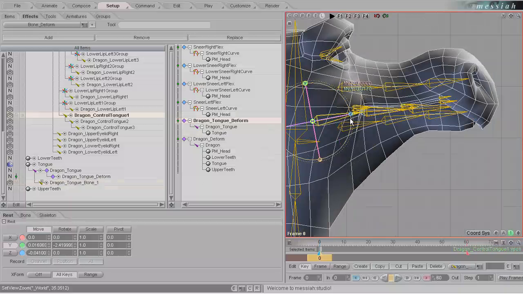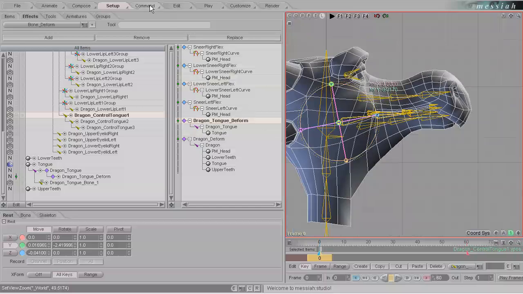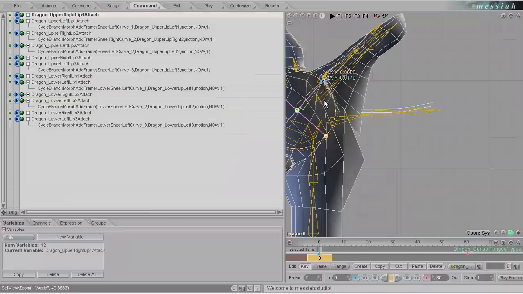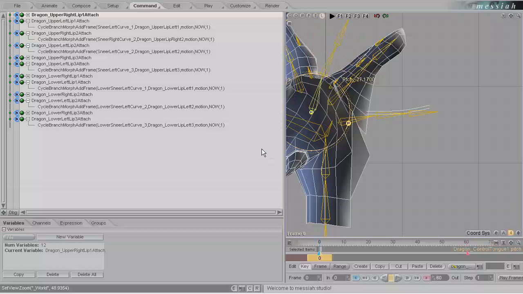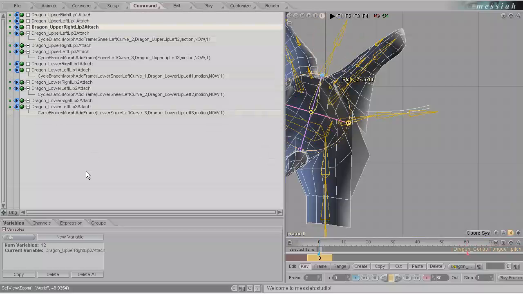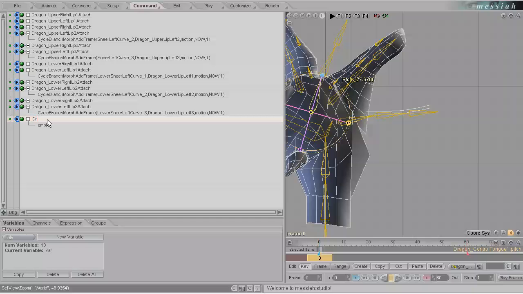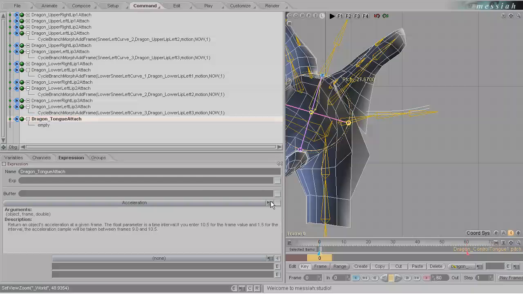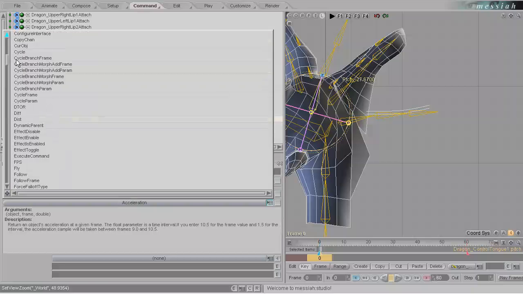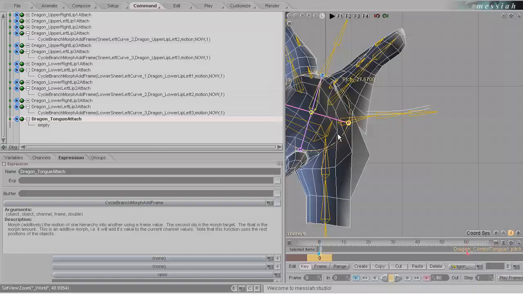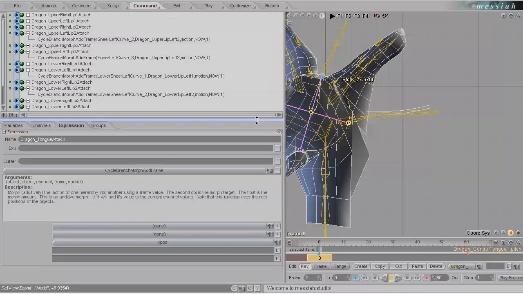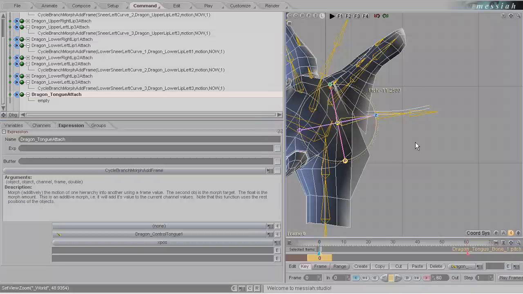Okay, so we're close. So now we have a control hierarchy, and we have the hierarchy that actually moves the mesh around. So into command, we have our control hierarchy sitting inside the thing. It's not doing anything until we drop another cycle branch morph in. So create a new variable, drag this to the bottom of the list, Dragon_tongue attach. Go to the expressions, let's pick the cycle branch morph again in the C's, morph add frame, and this is going to be the morph target. So it goes in the second field. Let's pick the tongue attach, put that in the first field,